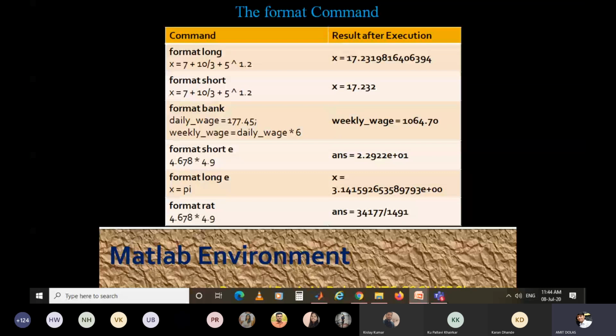Whatever format you want, before writing a command like x equal to 7 plus 10 by 3 plus 5 raised to power 1.2, you have to write format long, short, bank, short e, long e, or rat.